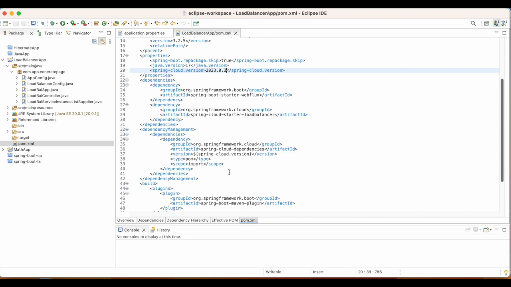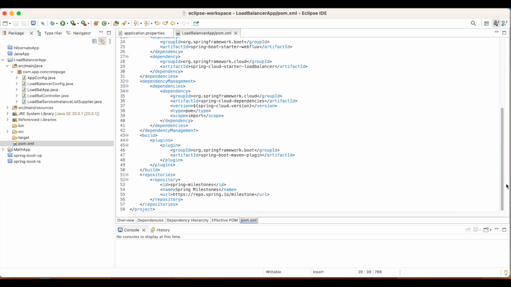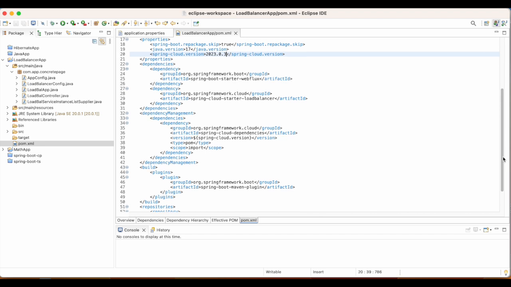This is the configuration for the cloud dependencies: org.springframework.cloud, spring-cloud-dependencies, and Spring Cloud version 2023.0.3.